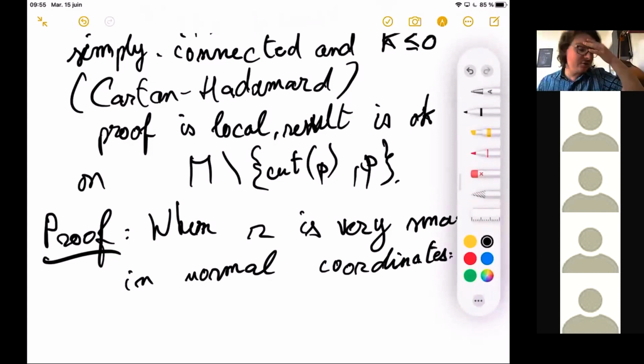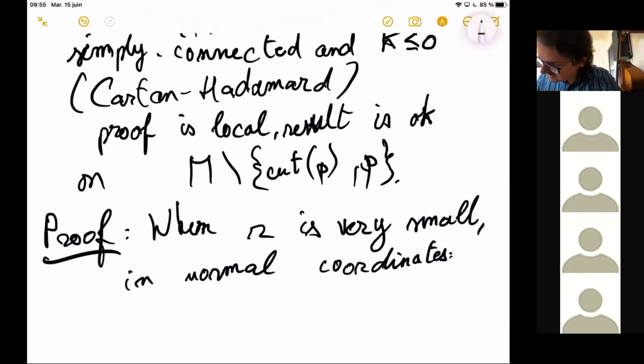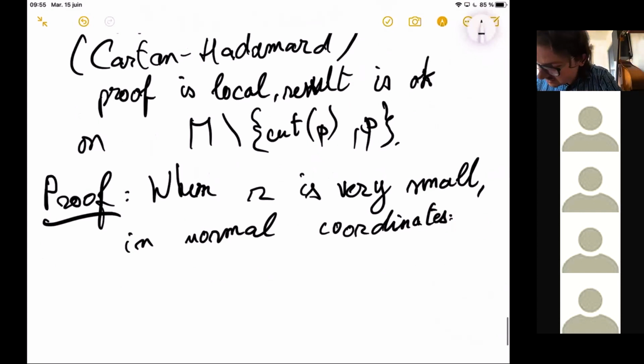So the Hessian of the distance function will look just as it does in the Euclidean space. And also the distance spheres will just look like Euclidean spheres. So the Hessian of the distance is equivalent, as R goes to 0,